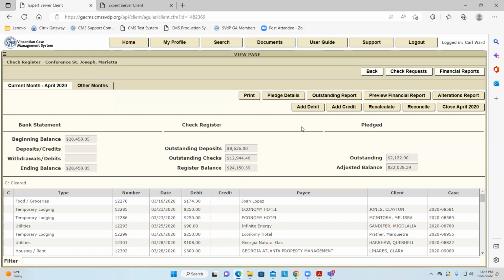You as a treasurer have the ability, besides all the requests that come to you from the caseworker, and as you're approving, they're getting posted to your register, right? Well, there are times when you have to add something directly into the register yourself, and you have to write a check. So let's talk about those. When do you use the add debit option? You never use it for client-related expenses. That's sort of a golden rule. So let's use examples of when you use it.